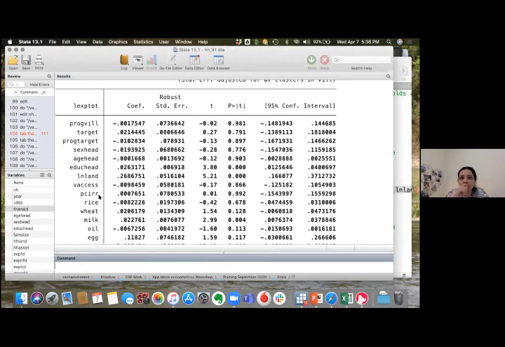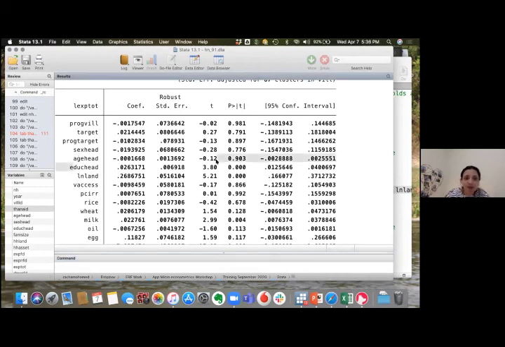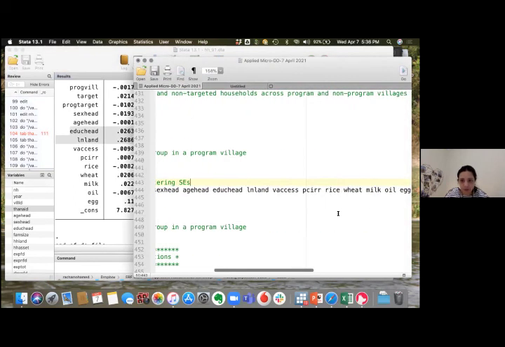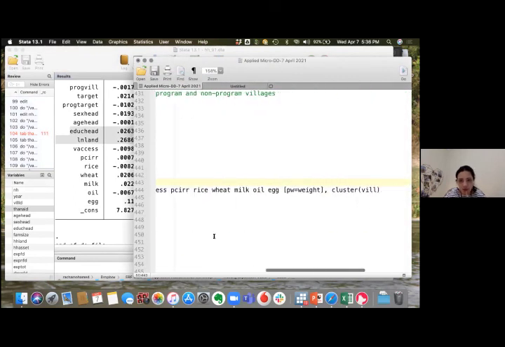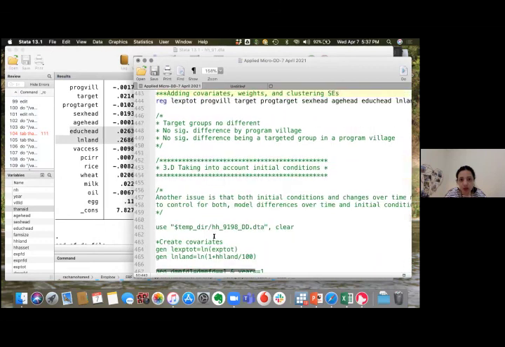What can we conclude? The program has no impact. Exactly. So we conclude again that the program has no significant impact on total expenditure per capita, even if we are talking at a cross-sectional level. And again, the two variables that are always significant are the education level and the area of land, which shows that these are the two important determinants of total expenditure per capita in Pakistan using this survey. Okay. And I want to mention also here we are using the weights to be able to generalize the